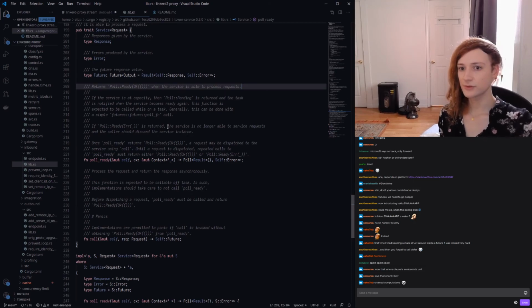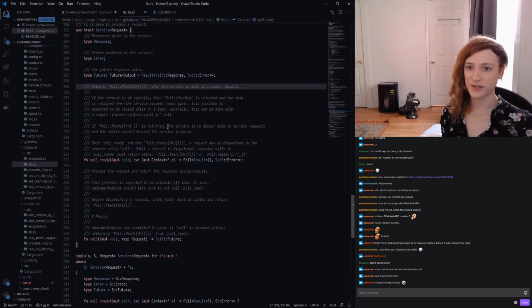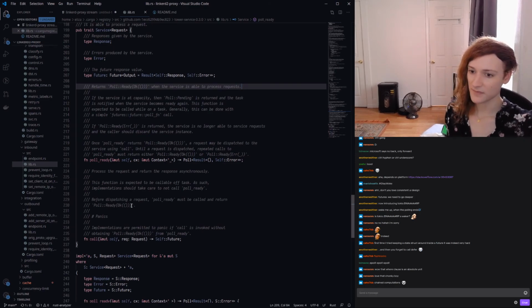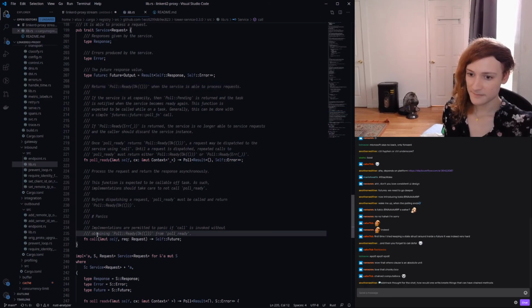So this is used for propagating back pressure from the service. This is how we sort of say, okay, the service is ready now, or it's not ready and you have to wait. And then we have this call method, and the call method